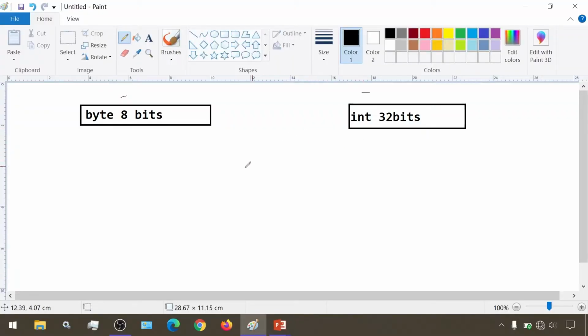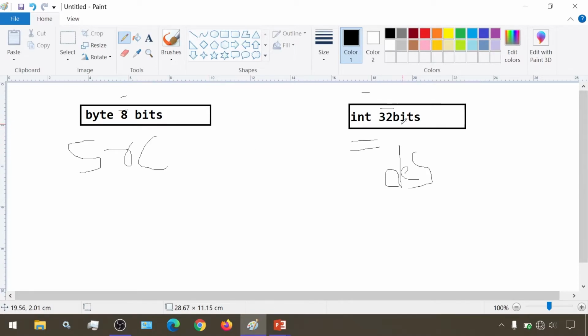Here I am trying to convert from byte to int. So int is my destination and byte is my source. As we can see, int has 32 bits to store a value and byte has 8 bits to store values.